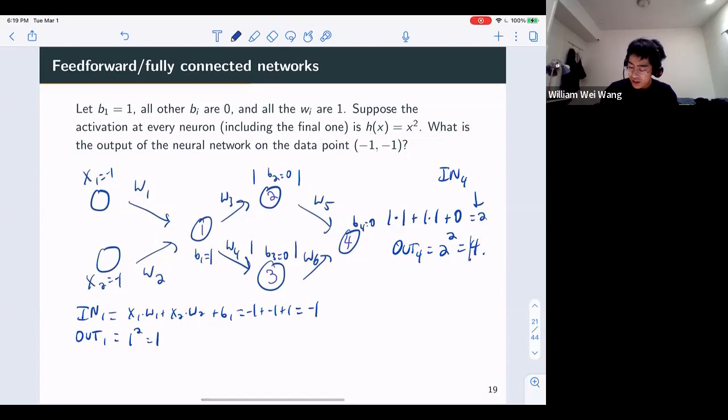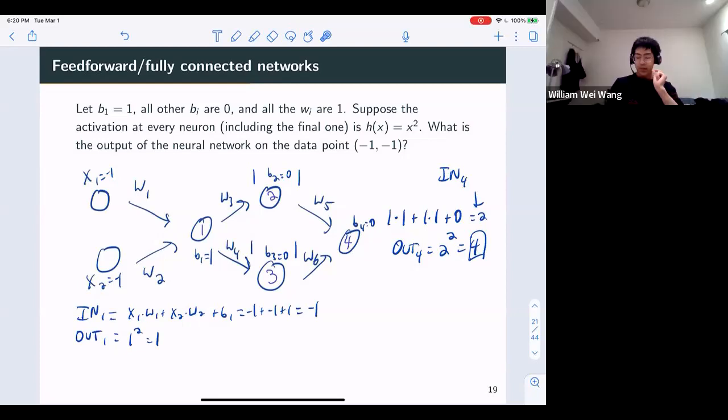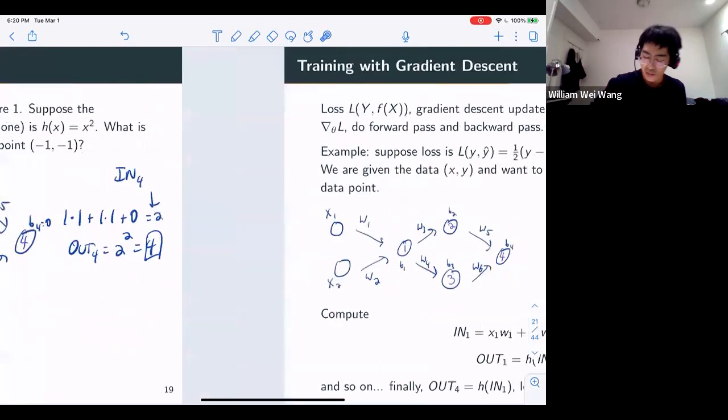So that's the answer. In an exam setting, we might give you definitions of in and out that look different, or are defined a little differently from what I have, but we might give you some sort of definitions for what is computed over here and over here, and then ask you to compute what's at these positions, so compute in 1 or compute out 3 and so on. Okay, so this is how you compute the output of a neural network.